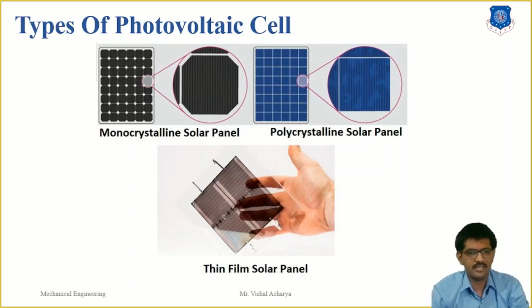Here, three main types of solar cell are available: monocrystalline silicon cell, polycrystalline silicon cell, and thin film. First, we discuss the monocrystalline silicon cell. The first commercially available solar cells were made from monocrystalline silicon, which is an extremely pure form of silicon. To produce this, a seed crystal is pulled out of a mass of molten silicon, creating a cylindrical ingot with a single continuous crystal lattice structure.